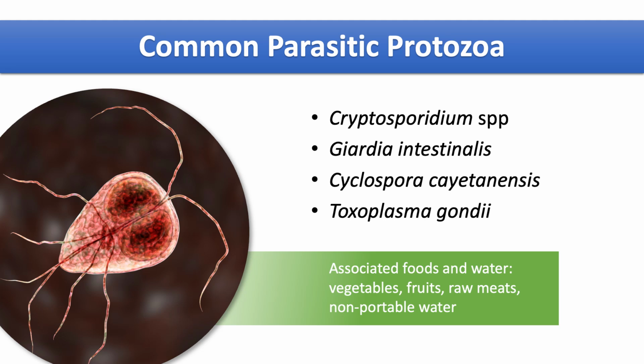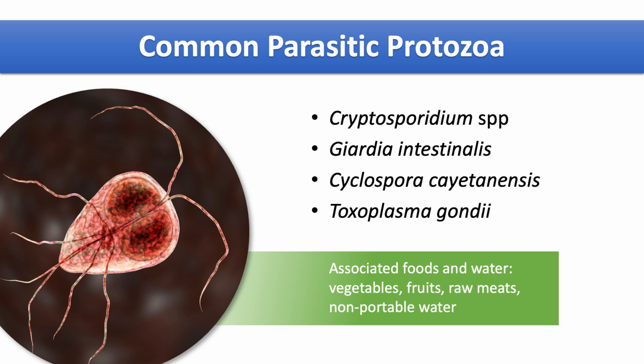Even though foodborne outbreaks caused by parasites are not as frequent as bacteria and viruses in the U.S., those outbreaks still occur. Some parasites are microorganisms, and those are parasitic protozoa, and some parasites are not microscopic, such as parasitic worms, which can be associated with raw meats. Parasitic worms will not be covered in this module.